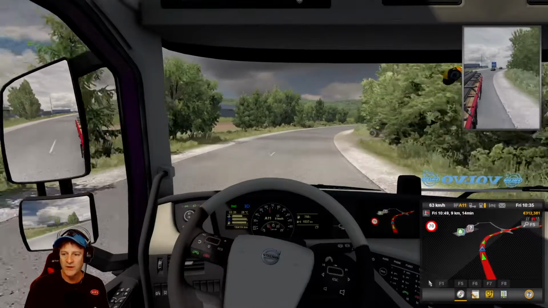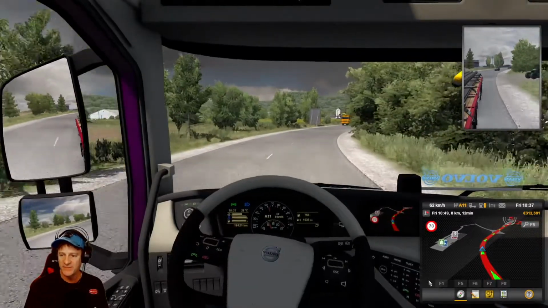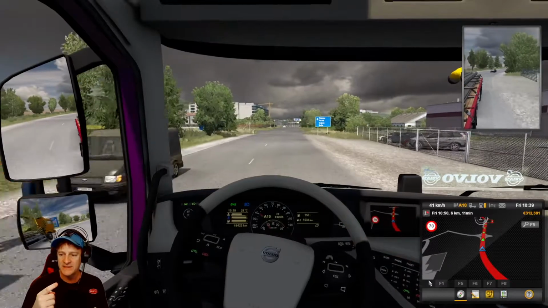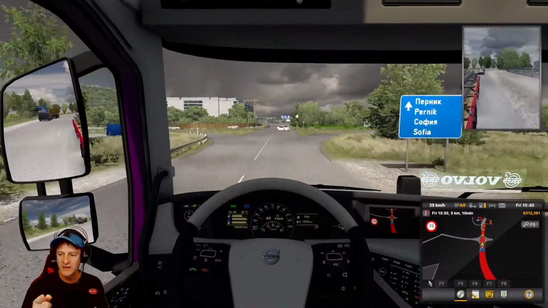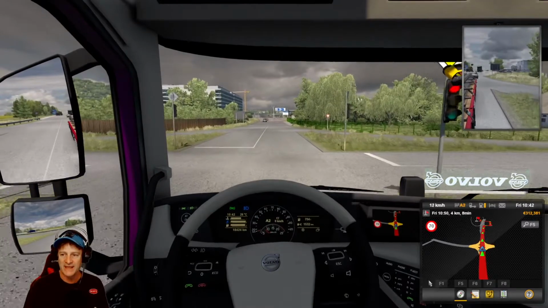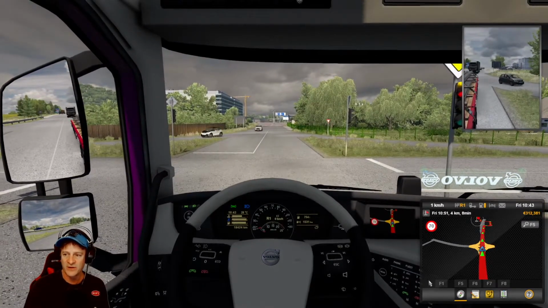So we are in the outskirts of Sofia, and I can see off to the left on the little navi down here that there is a question mark. And I know that there's at least a dealership or something like that in this city. So I'm going to bear off the route here a little bit, head left, and go pick this up because I definitely want to get that achievement for seeing all of the